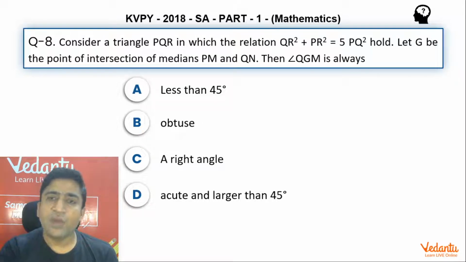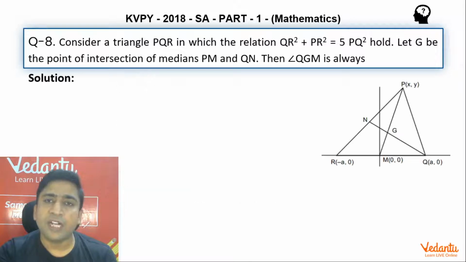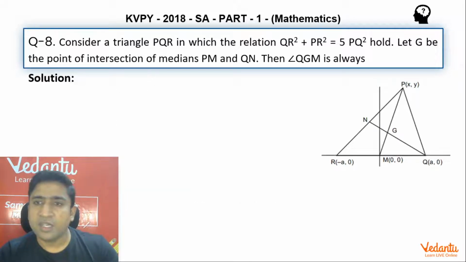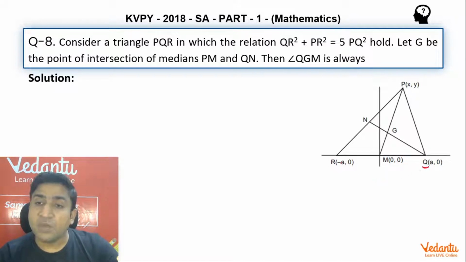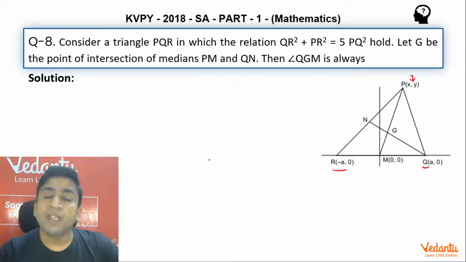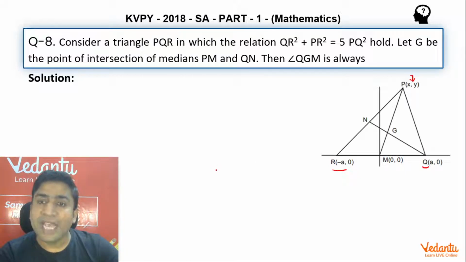Okay, so now what I have done guys, I've just taken a very strategic diagram in this question. I hope all of you can see that in the triangle PQR, I have just assumed the coordinates of points Q and R as (a, 0) and (-a, 0). I've taken a random point P whose coordinate is (x, y). Now this is going to be my triangle PQR, and if I try to draw the medians PM and QN,